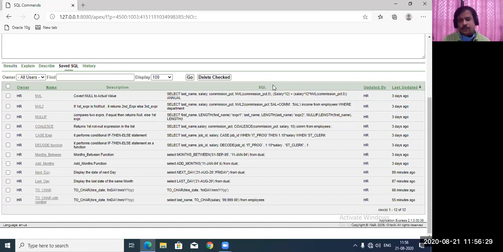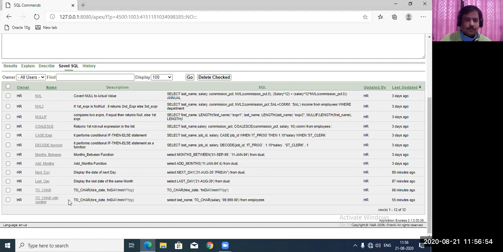Now next, which is the last part of this discussion of single row functions in SQL, is your conversion function. Most of the time the server converts implicitly, and a few syntaxes we have to use explicitly as the user, right? So we'll have a little bit on that.